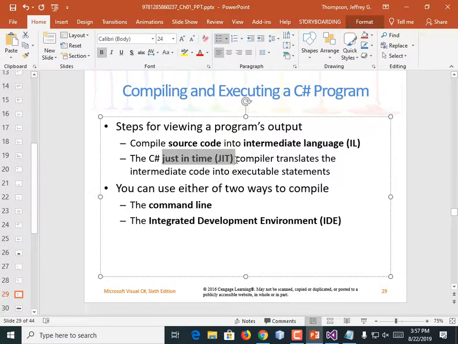So every time you run a C# program, it's invoking a just-in-time compiler. That's just like Python programs. Python scripts require the Python runtime engine to run, and Java programs require the Java runtime engine to do so. So you can compile from the command line, which I'm not going to do, or through the IDE, Visual Studio.